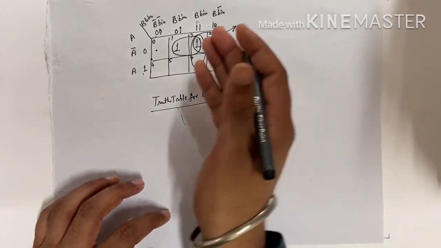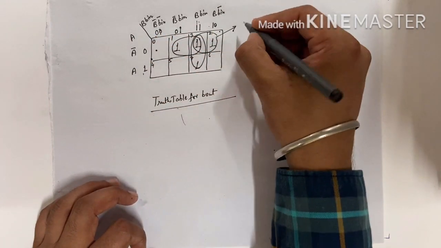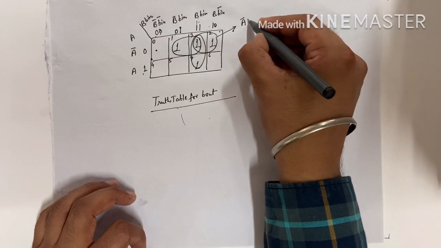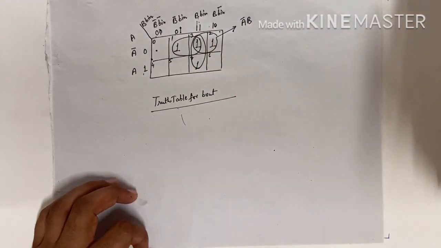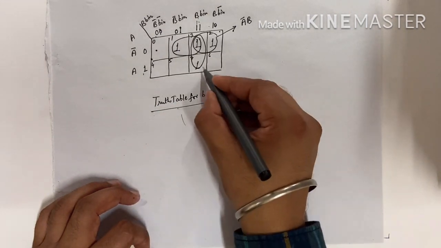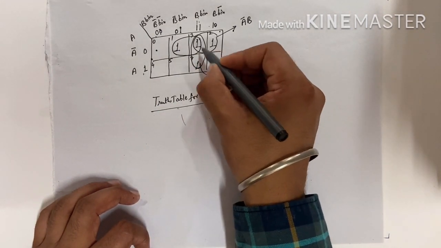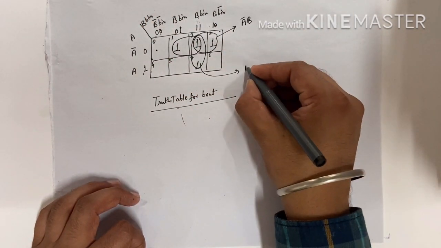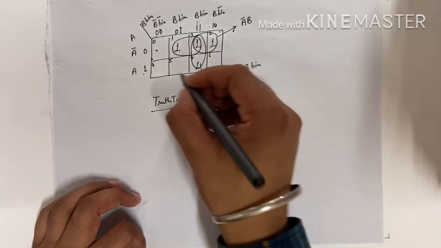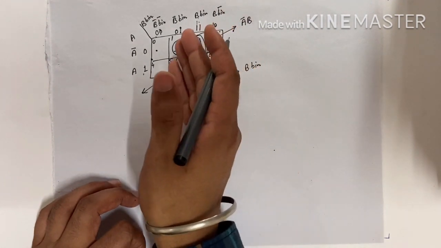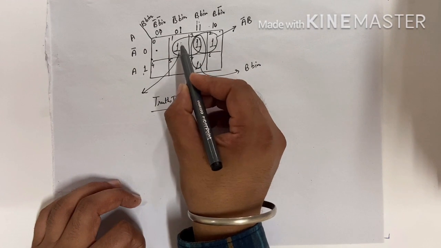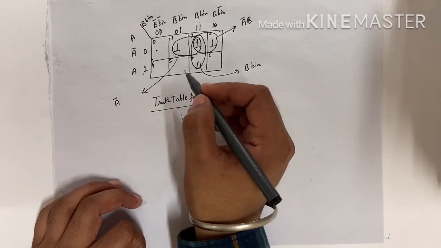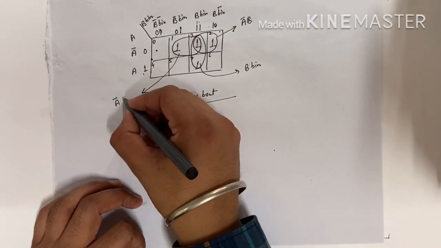For this we can see in the left, A complement is there. In the top we can see what is common, B is common, we can write B here. It is clear. Okay. Now we write the Boolean expression of this. In the left, nothing is common. In the top we can see B and B input is there. Now we can write the Boolean expression of this. We can see in the left A bar is common. In the top we can see B input is there.